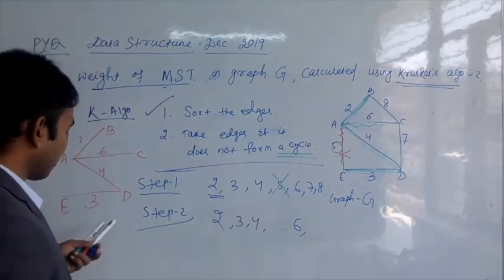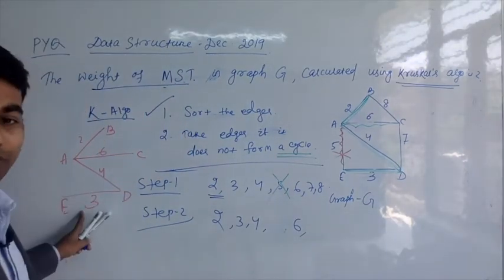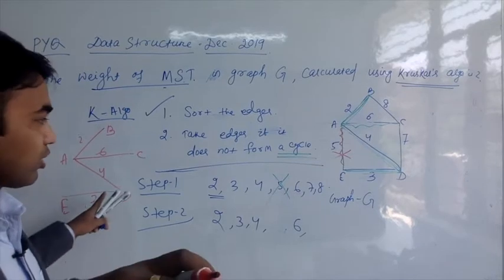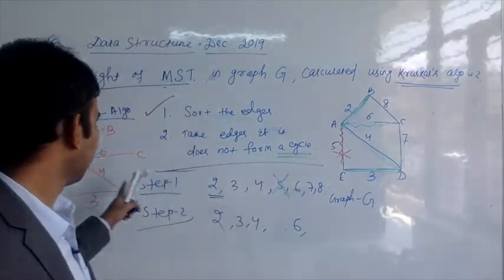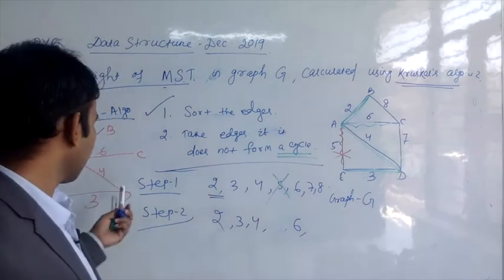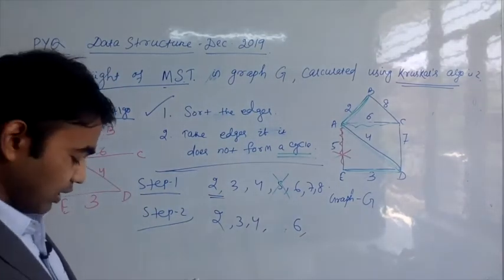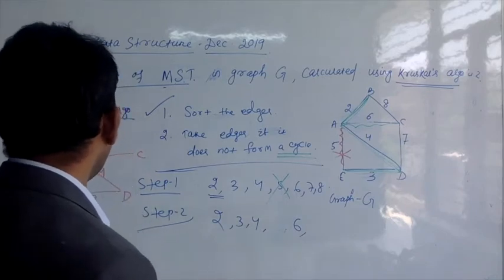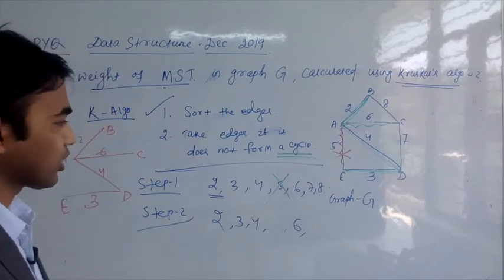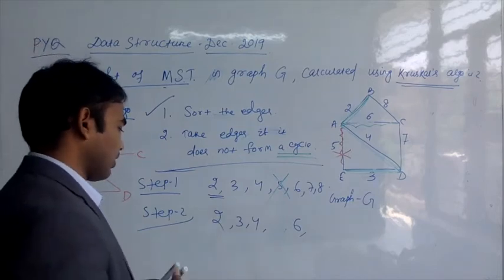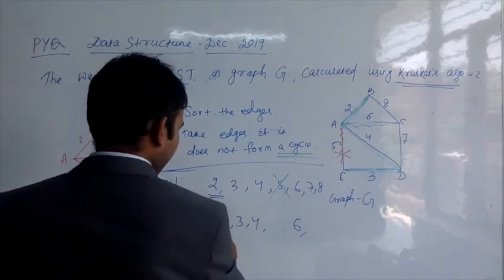So now I got this particular spanning tree. If you see, it contains all the vertices of the original graph and some set of edges, and it is a tree also. It is not like some vertices are left out, right? It is not disconnected. So this is the weight of this particular question.